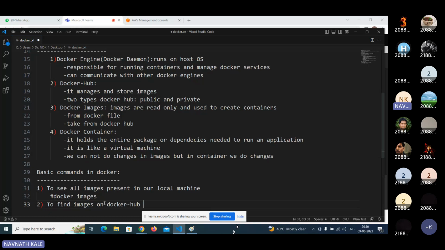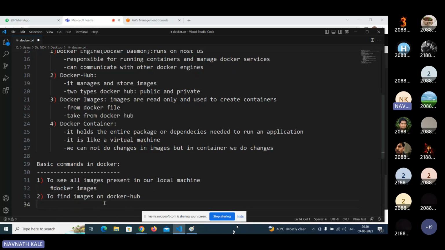See, we are pulling images from the Docker Hub, so it must be available in Docker Hub. But before pulling the image from the Docker Hub, we should check whether that required image is available on Docker Hub or not. So to search the image on Docker Hub, we have the command